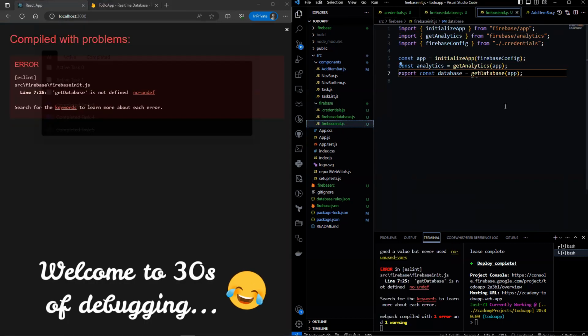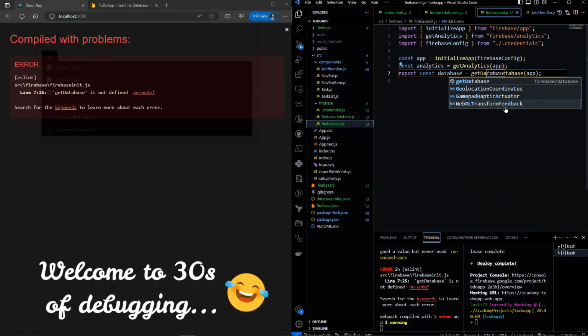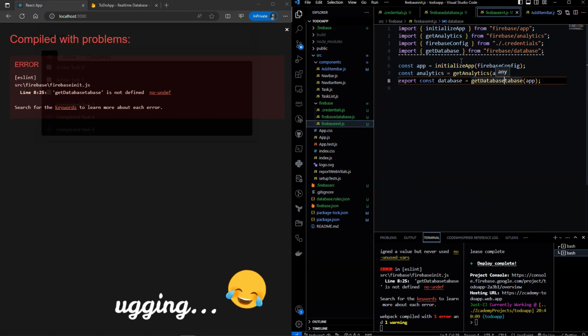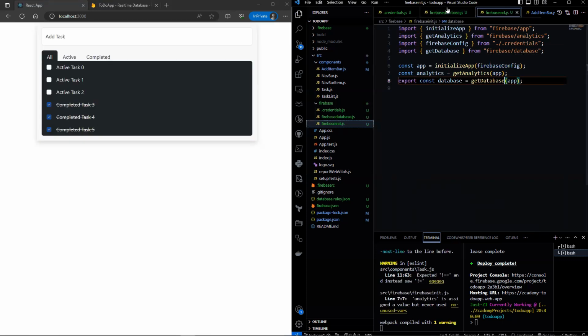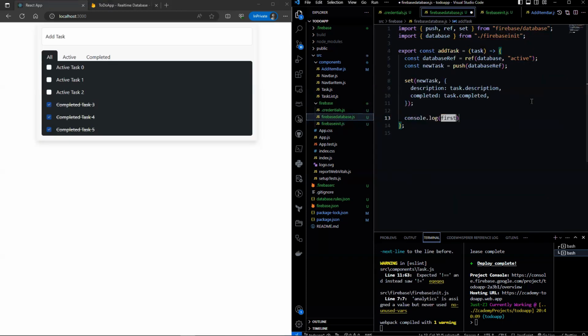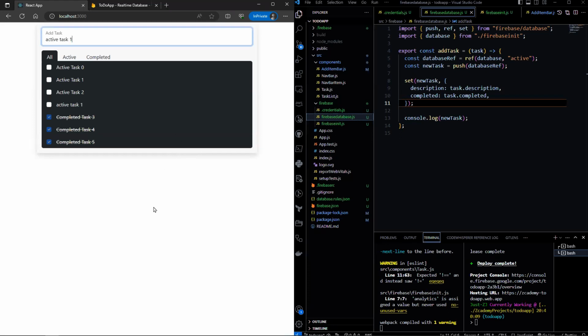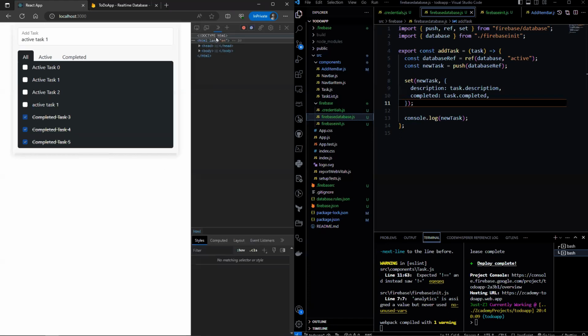And we would need to import get database from Firebase. Now, let's console log new task and see what it returns. Let's add a task here and go to the console.